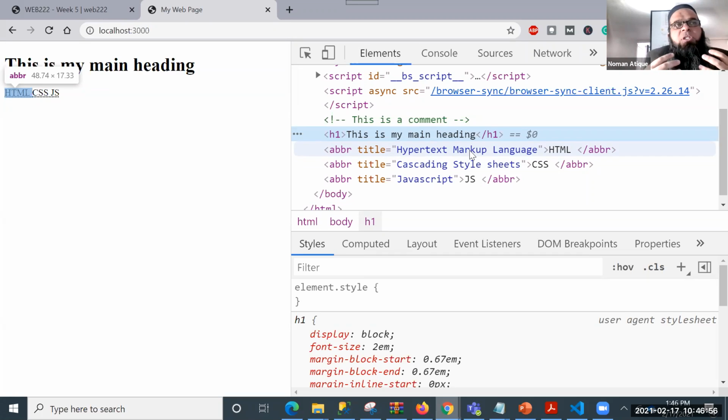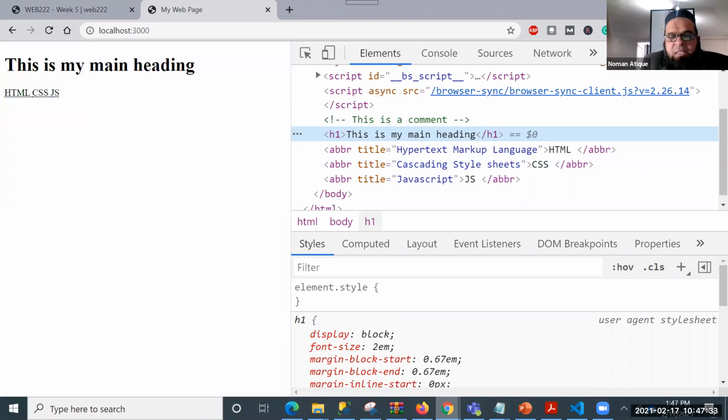But anyhow, I want you to take away this concept from here: a block level tag is a tag that has its own space for everything. So after this main heading, I cannot place anything. Why? Because this is a block level tag. And if you talk about this one, I can place anything after that. I placed ABBR, hypertext markup, and then I placed another ABBR. Both are coming alongside. Exactly. Yes, you are right. All H tags, and there are some other tags as well, we'll talk about them. They are block level. Correct. Very correct.